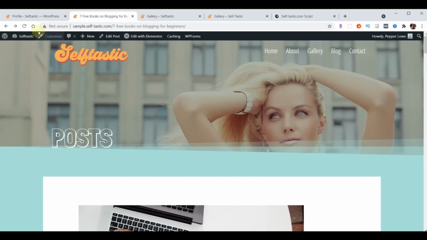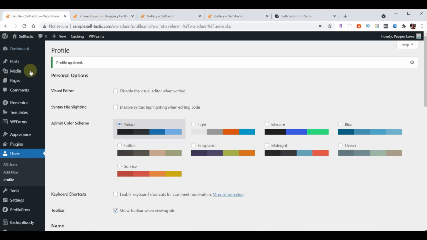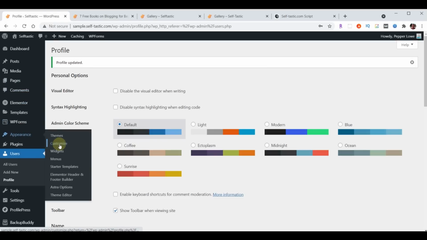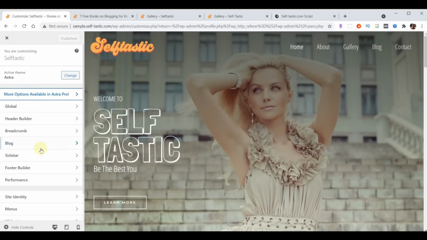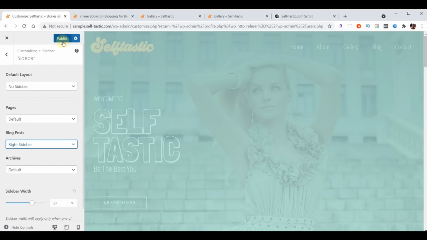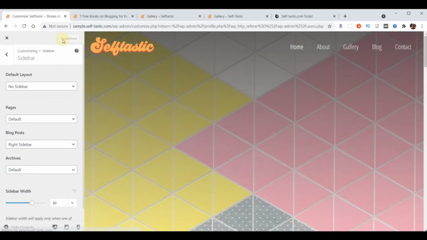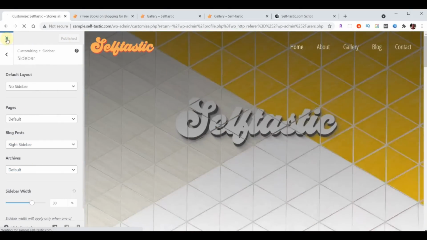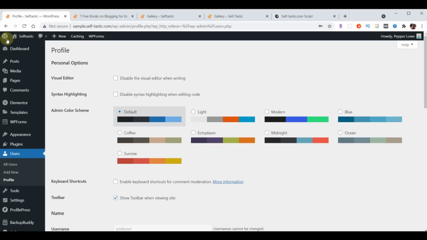So we're going to go back to our WordPress. We're going to go to Appearance, Customize. We'll choose Sidebar. Under Blog Post, we'll choose Right Sidebar. We'll hit Publish. And then we can close out of that. Now we want to customize our sidebar. To do that, we're going to go to Appearance,